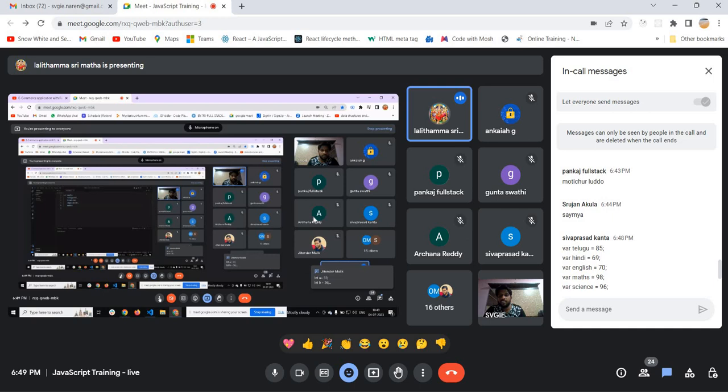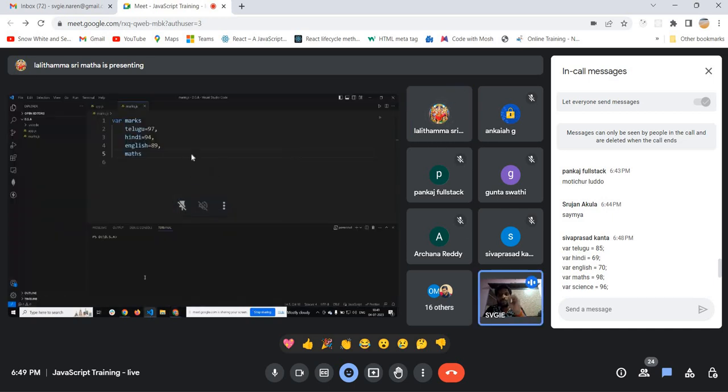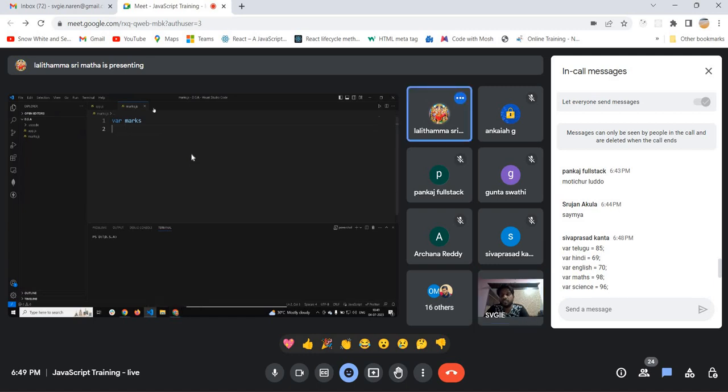Nagendra, sir. Okay, Nagendra, go back to Visual Studio Code. You are making mistakes. First, what you need to do? var Telugu is equal to 97. Remove everything. That's right. 98% of the students are not getting jobs because they are not interested in practice. Now, good. var Telugu is equal to 97. Write var, remove that one also. Write var space Telugu